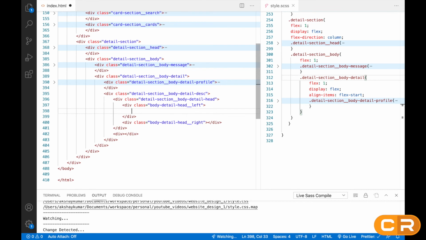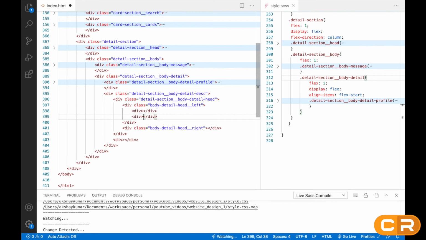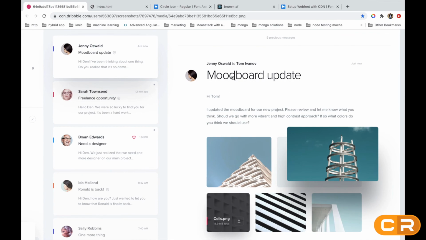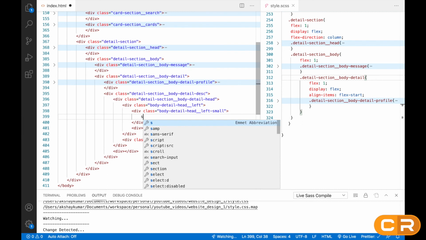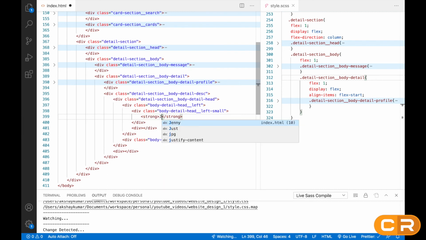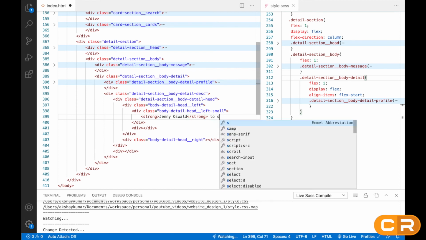So inside this left section, we'll again create two divs. So we are talking about this name and this, I don't know what this is. Okay, so here we have to write the class name. So this will be left small, and here we'll write strong, and we'll write the name Jenny Oswald. Then we'll write 2, then again we'll create strong.